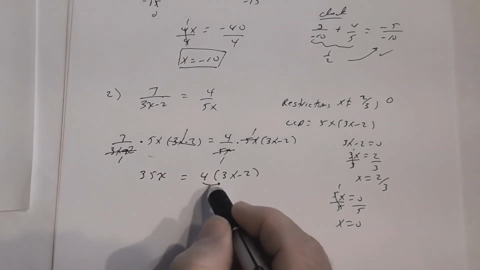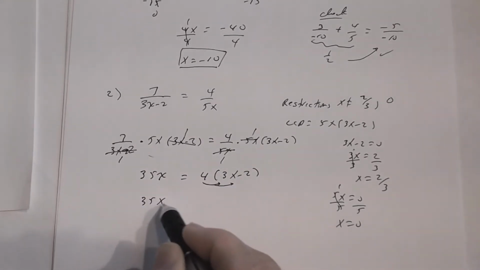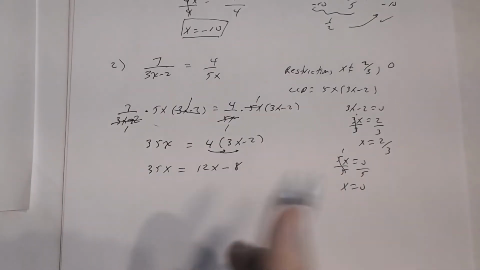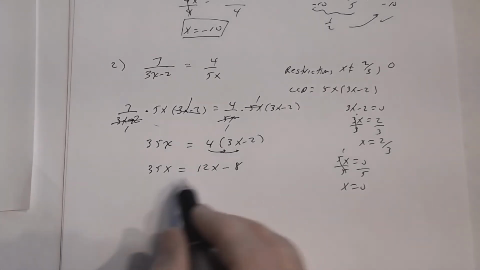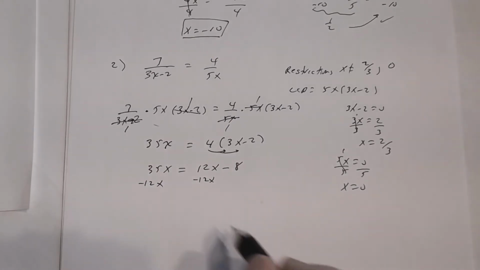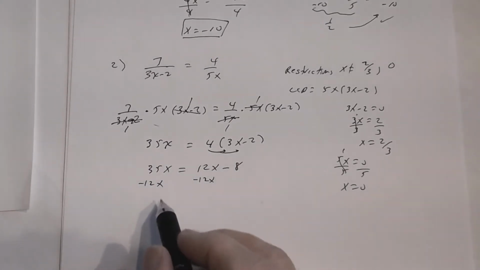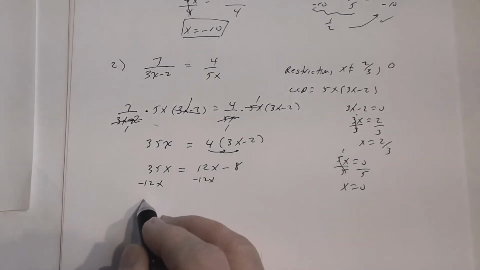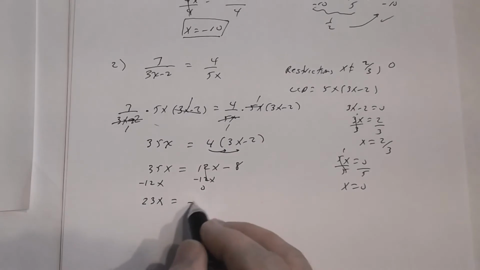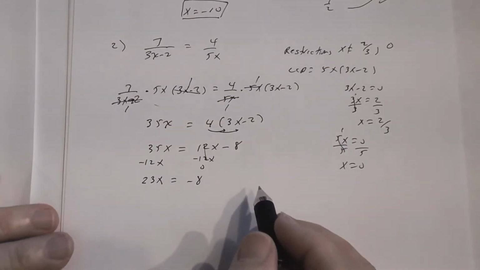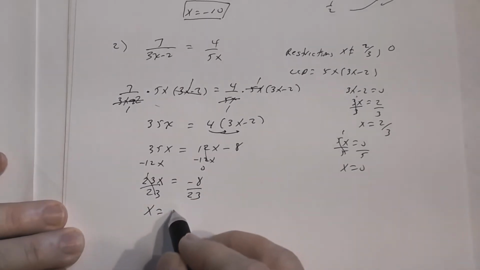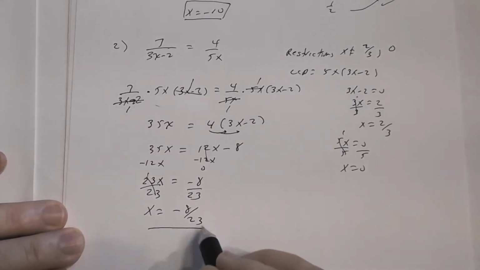So I'm just going to go ahead and distribute. So I get 35x equal 12x minus 8. And then I have variables on both sides, so let's bring the variables to the left. So I'm going to subtract 12x on both sides. Remember, what you do to one side, you do to the other. Only once here, once here. And then 35x minus 12x is 23x equal, this is 0 when I combine them, and then I get negative 8. And then finally, divide both sides by 23, and I get x to be negative 8/23,